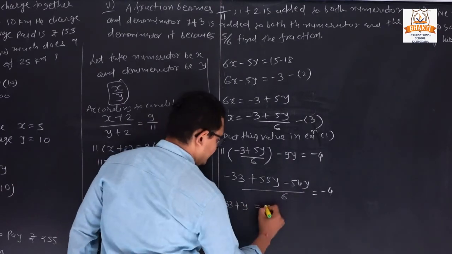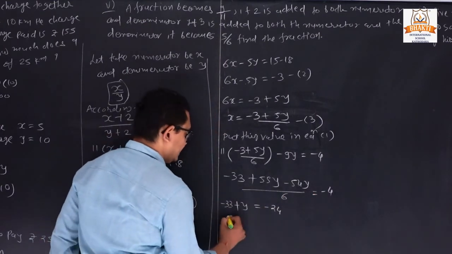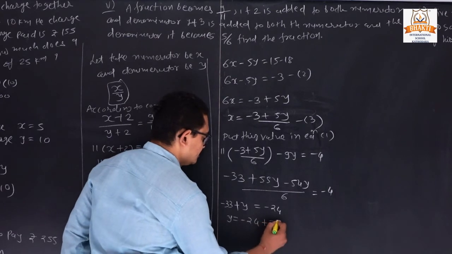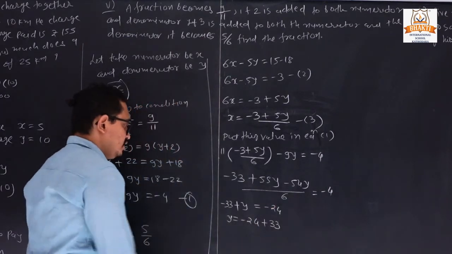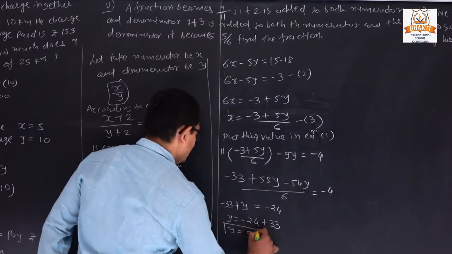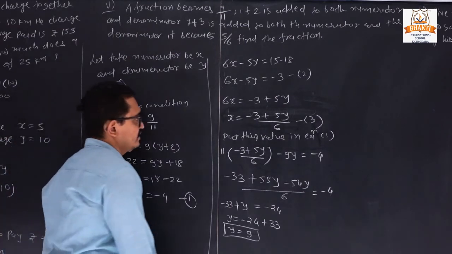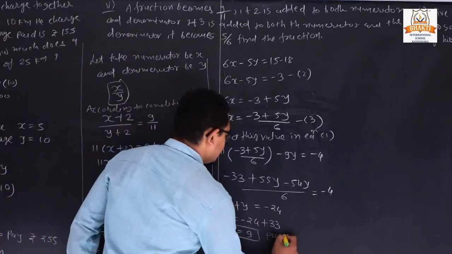And 6 times 4 is 24, cross multiply. Now minus 33 is going to the second side, so it becomes plus. So 33 minus 24, so it is 9. So what is the value of y? It is 9. Now we will put this value